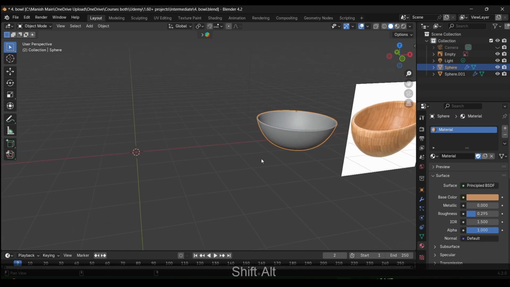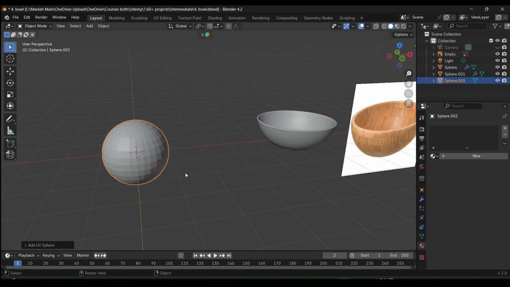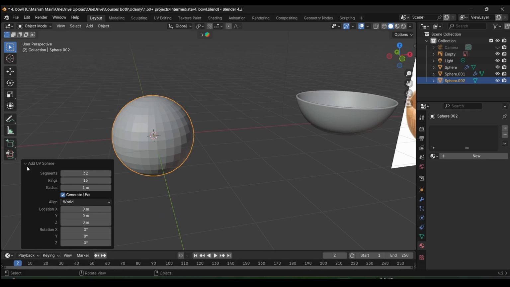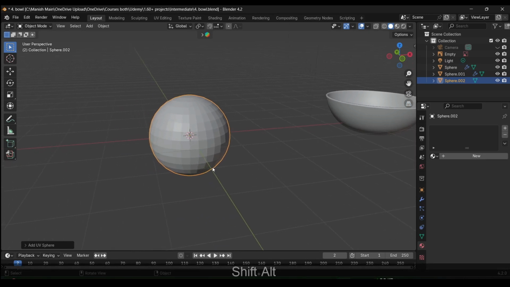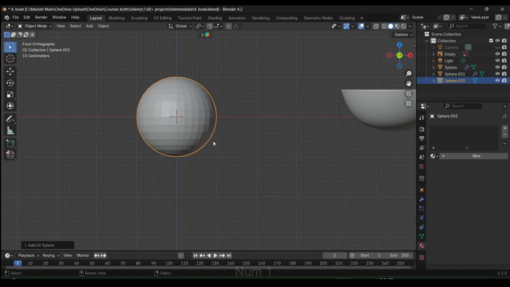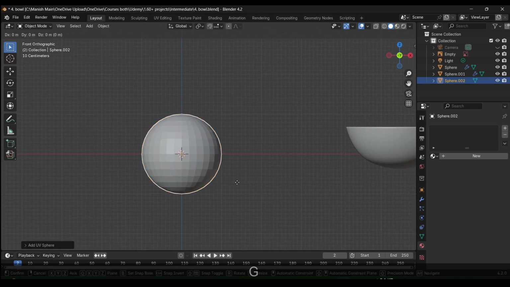So we simply need a sphere, so I'm gonna add a sphere, Shift A, and here add a UV sphere. And UV sphere has 32 segments, but icosphere has fewer than it, that's why I'm using UV sphere. So I'm gonna switch to the front view, so I'm gonna press 1 and take it up, so G and Z,